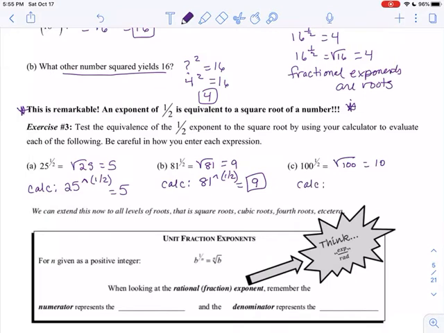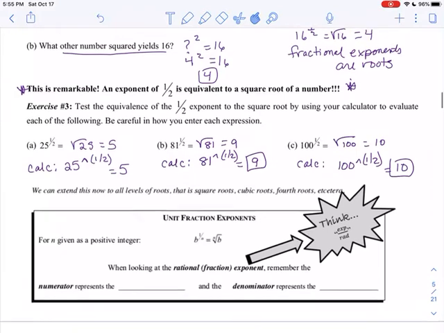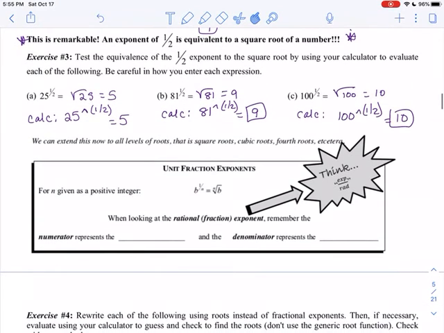And 100 to the 1/2 power is the square root of 100, which is 10. But you're going to try it in your calculator to confirm this. 100, and then make sure the parentheses to the 1/2 equals 10. All right, so a rule for this. For n given as a positive integer, if you have b to the 1 over n power, that equals the nth root of b. So we did all ones that were the 1/2, so it was the square root of b, but that works